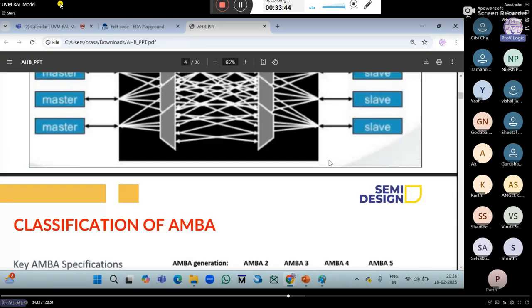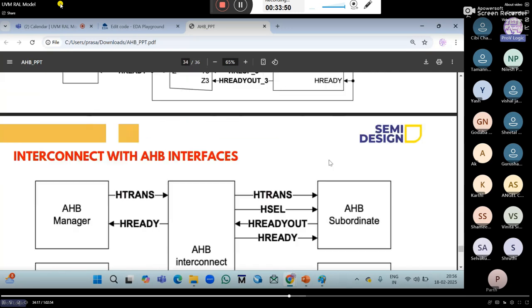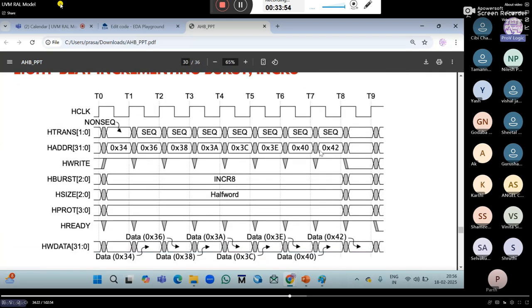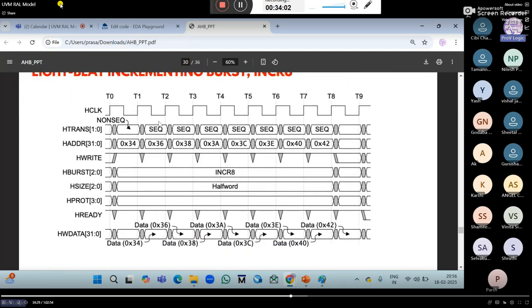If you see in the AHB protocol, how we consider byte addressing or memory addressing, we consider it in terms of increment or wrap address. So 0x34, 0x36, 0x38, 3A, 3C, 3E, incrementing plus 2, plus 2. In this size, we need to consider a total of 8 transactions.